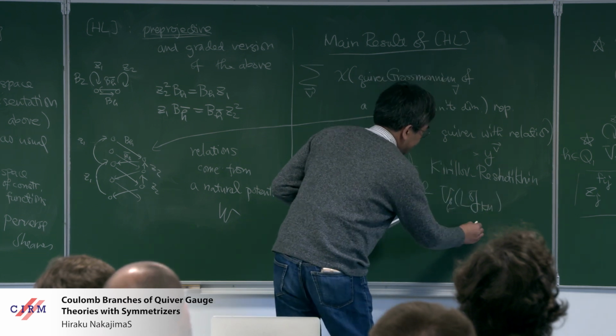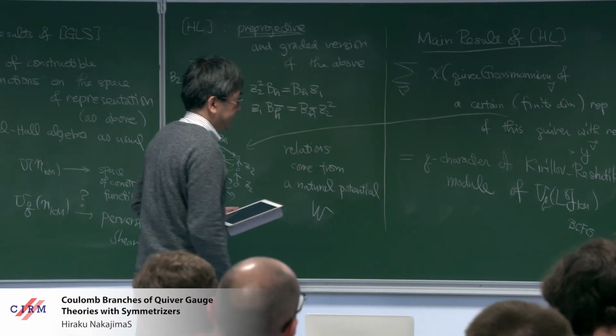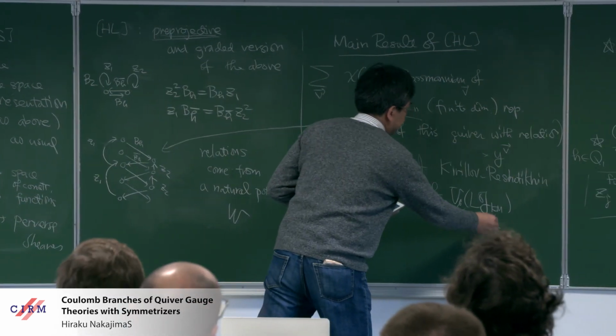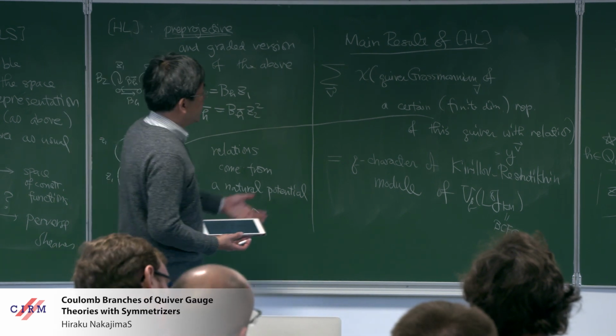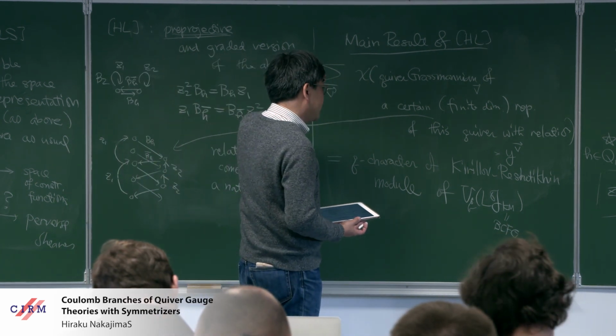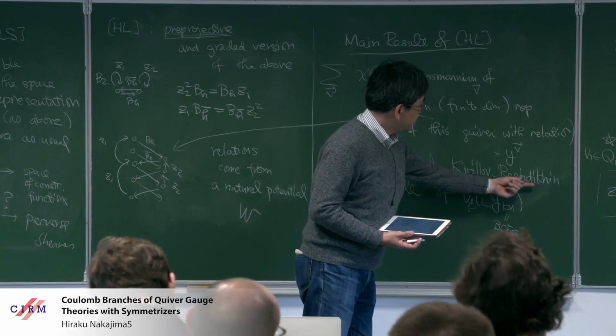Or they only consider the BCFG case. And what happens if it's simply laced? Oh, yeah, but even for the simply laced case, this is something new because Kirillov-Reshetikhin module